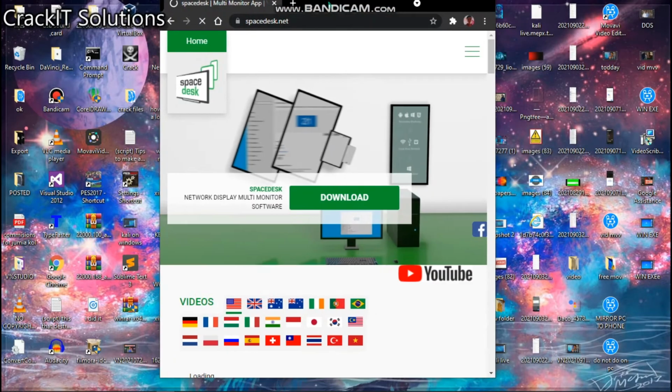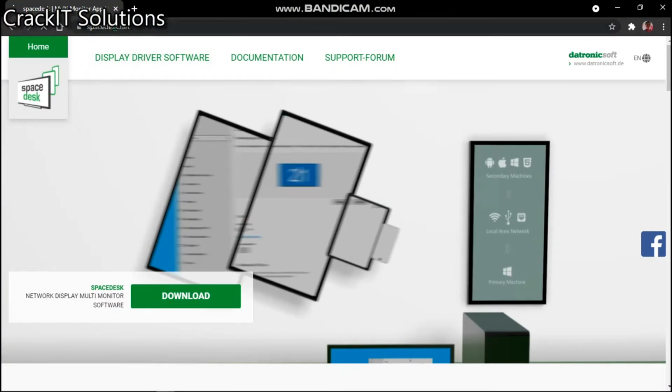So once you're on your favorite browser, just go ahead and type in this link right here you see on your screen right now, spacedesk.net. You're going to type it in and it should bring you to this web page where you're going to find this big bold green download button here. Go ahead and click on it and you should be scrolled down automatically to a part of this same page right at the bottom